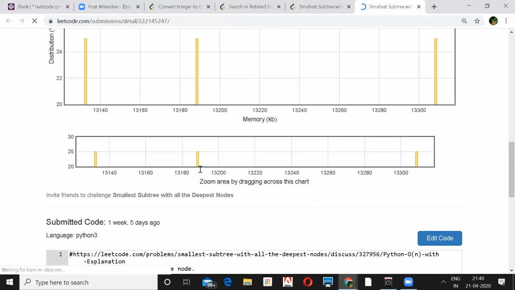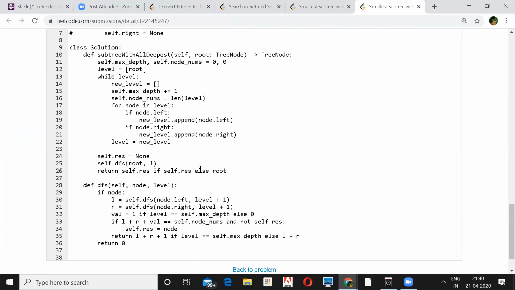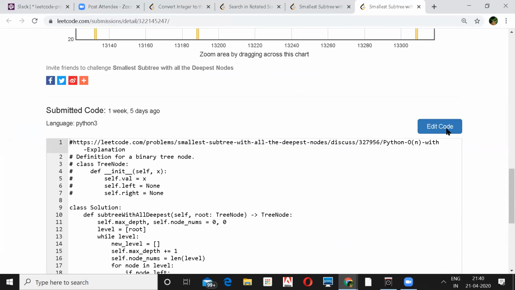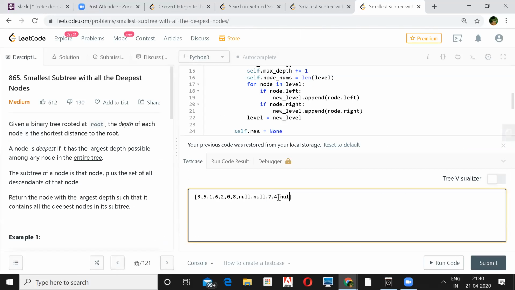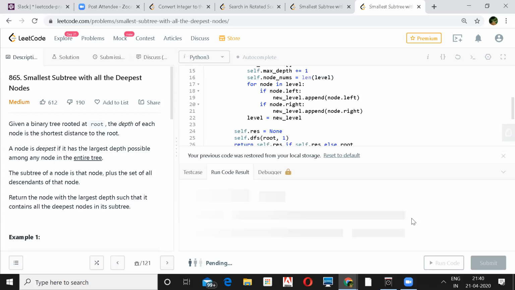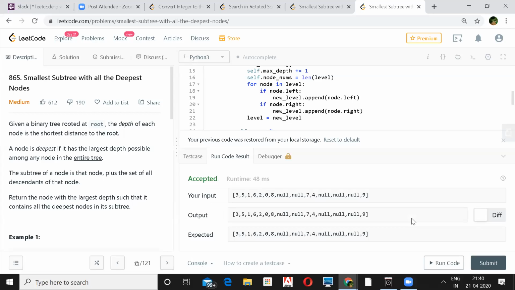I'm not sure if 3 will be the answer for everything. Yeah, it says 3. It starts with 3.